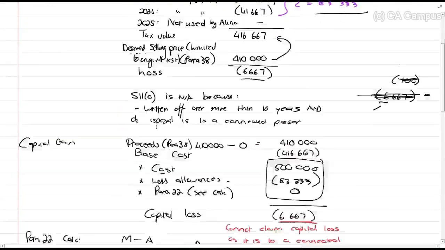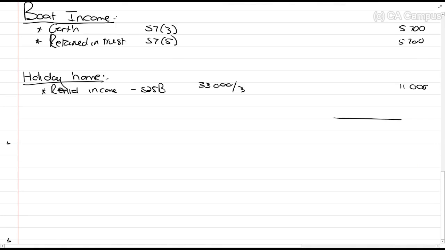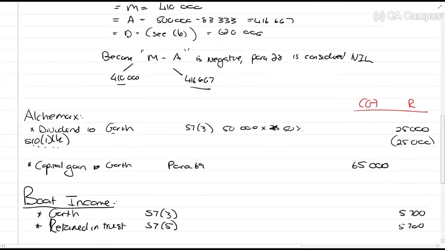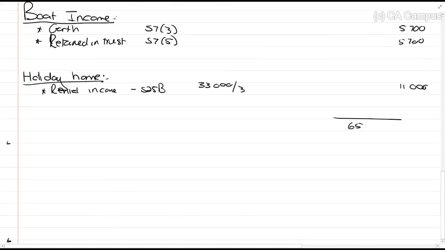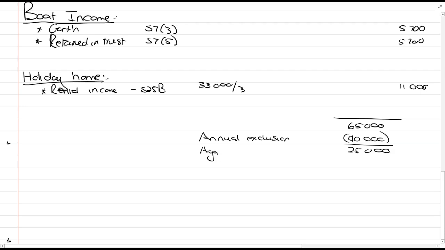So this is now again Alicia. What we do is we add up everything in the CGT column, and I'm just using the amount from your solution. Let's just make sure, there was the 65. Yeah, that's right, 65,000. From that, you get to deduct your annual exclusion of 40,000. And I'm reminding you, guys, that subtotal there is now called the aggregate capital gain. Be careful if in the question they tell you they've given you the aggregate capital gain. You need to know that's after the annual exclusion has been calculated.